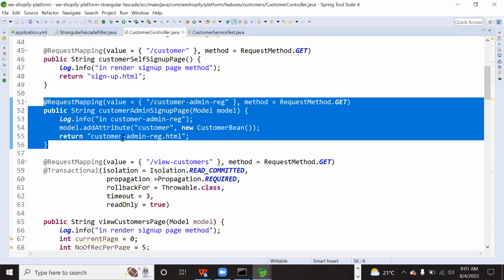Rather, what I can do is hire a Python developer and ask him to develop only that particular piece. It is not burdening the Java developers, because we should not force the Java developers to learn Python and then write it. No, it is a waste of time. Rather, for that particular service, I can work with a Python developer especially and make it work. That is the polyglot architecture.